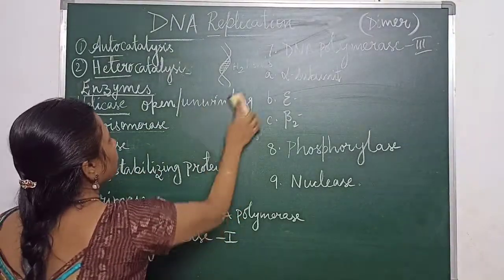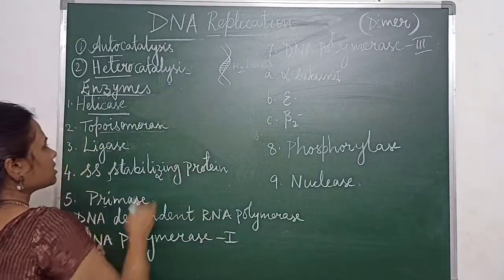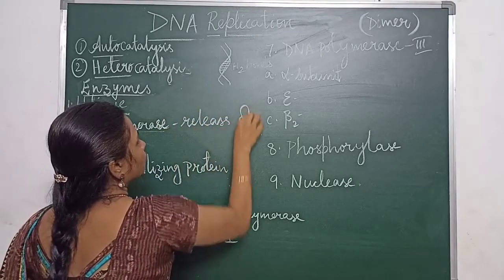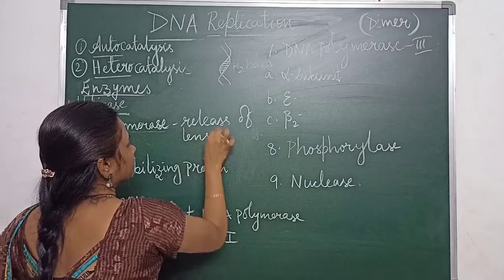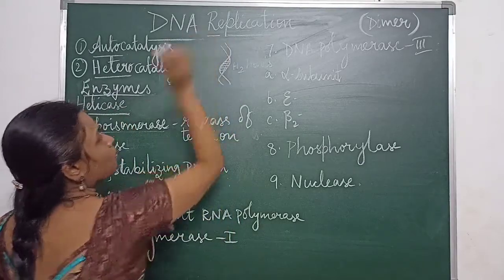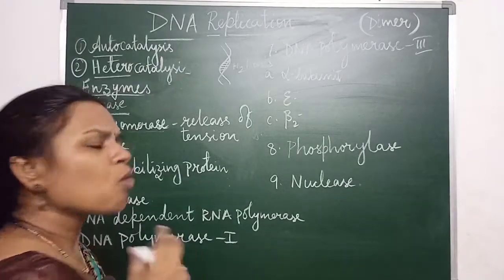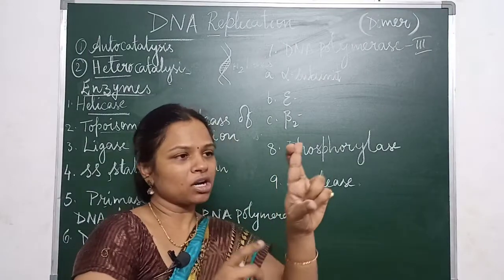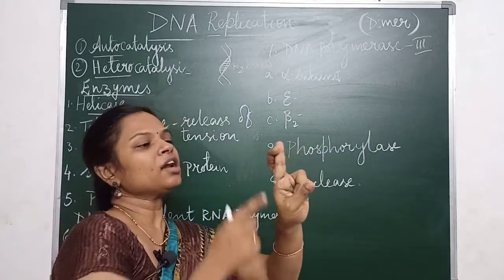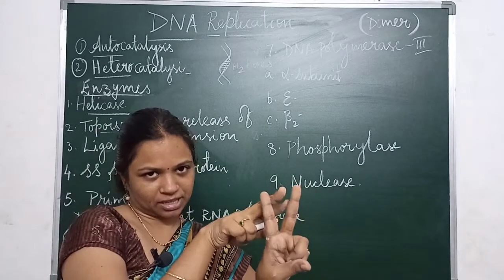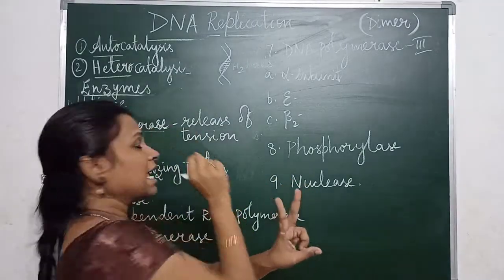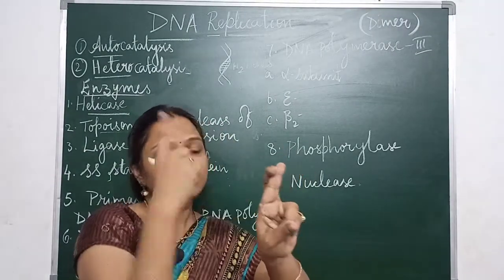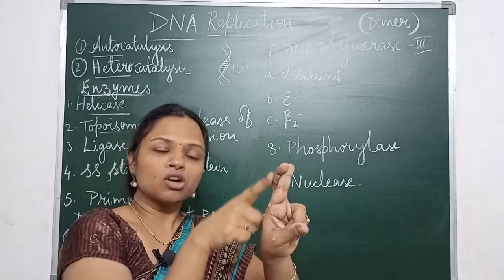So the topoisomerase enzyme helps in the release of the tension present on these polynucleotide chains. Now what does it actually do? As I was telling you, this is the helical model. Now what we are doing is separating them, with the help of the helicase enzyme. Now there is already tension, so there is a chance for them to recoil once again because of the tension.